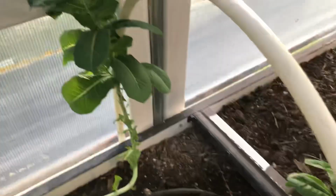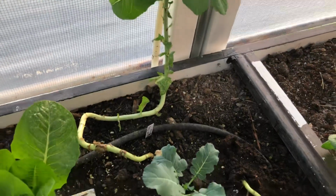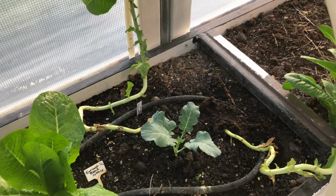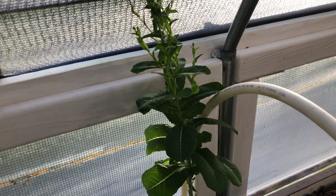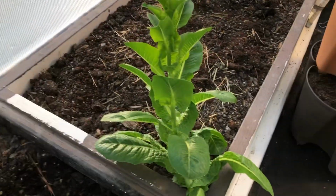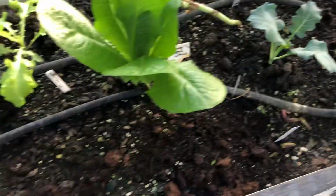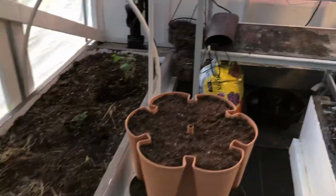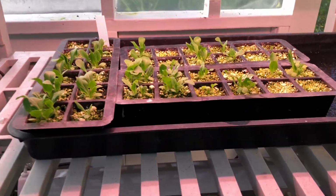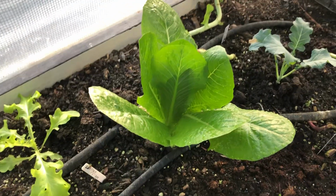Now this is the lettuce that I'm trying to get to go to seed. I've never done that before, but since the plant is up, we'll see how it goes. I can wait to see about getting some lettuce here. I believe that this is romaine, and there's another one there. Now these leaves right here I can go ahead and harvest, and since I've got some carrots, I think I'm gonna go ahead and harvest those leaves off of there. This is romaine. I love growing romaine. That's why I said this is a lot of lettuce right here, a lot. But this right now is ready to harvest, and so I'm more likely to have a